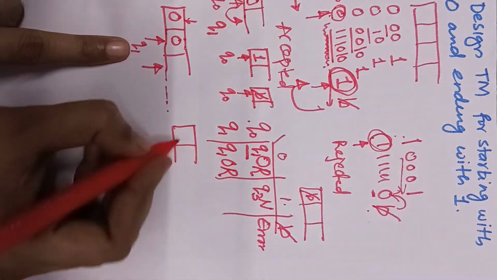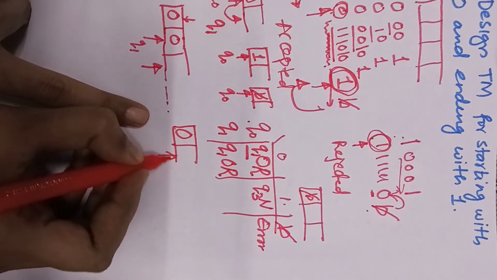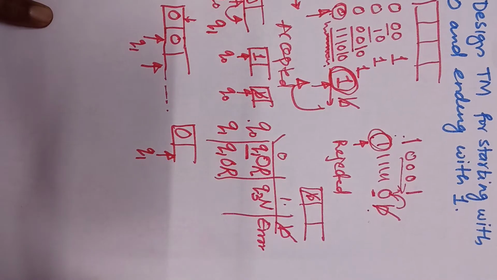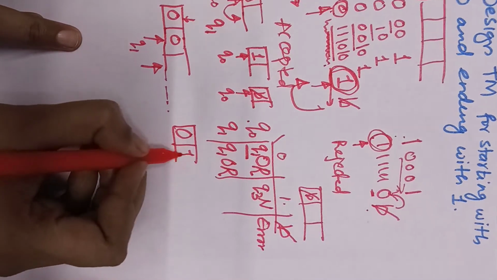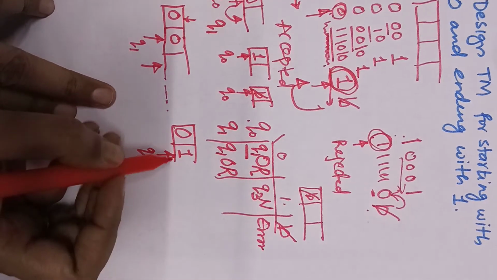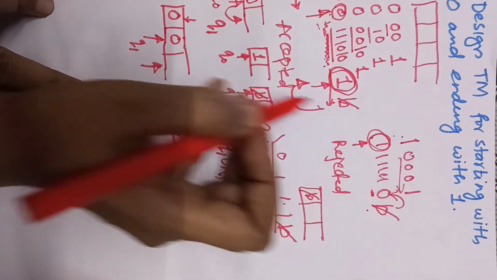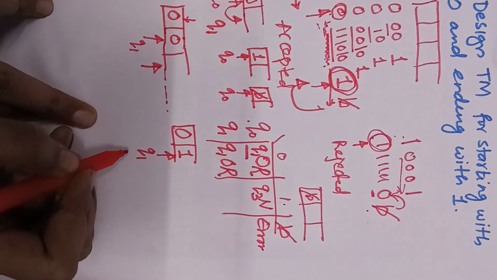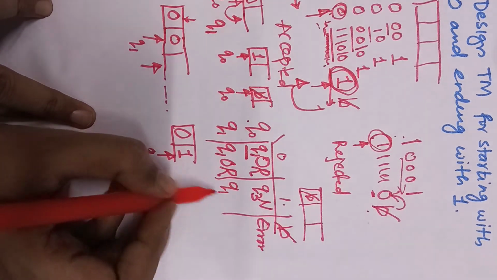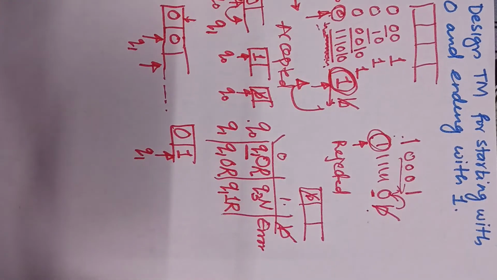So what was Q0? Q0 means we had already read 0 in the first position, and the pointer was shifted towards the right hand side. This scenario is called Q1. Now we are waiting for the next symbol. The next symbol will be 1. Do you want to read it? No, what is our algorithm? I want to just ignore all the bits till I'm getting blank. So I'm not interested in doing anything. I just want to ignore and go ahead by putting Q1 as the resultant state, 1 as it is, and the direction will be towards the right hand side.